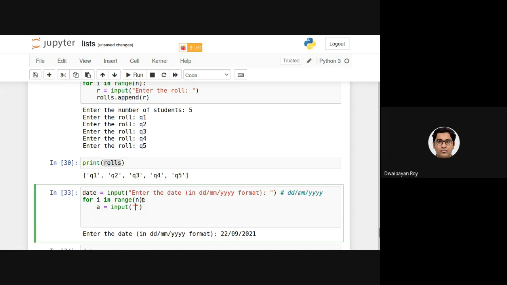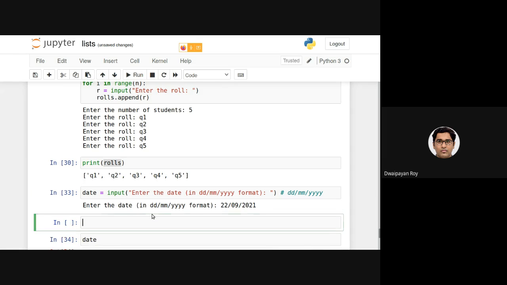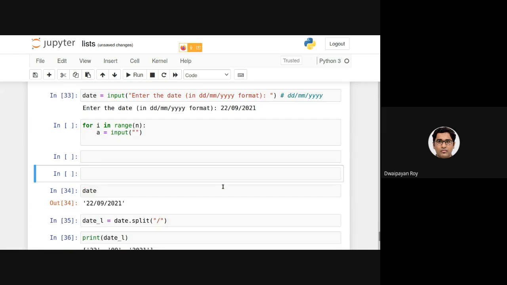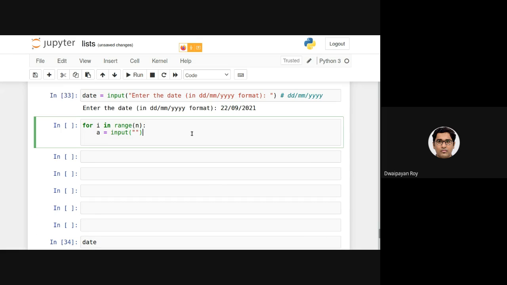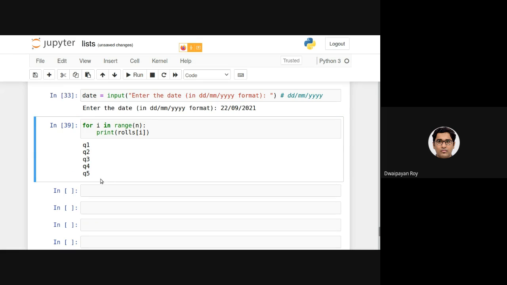So first of all, let's just copy it and have it in another cell. It will save us some time. Now if I just print the roles i, as we have seen, it will be printing the individual roll numbers.